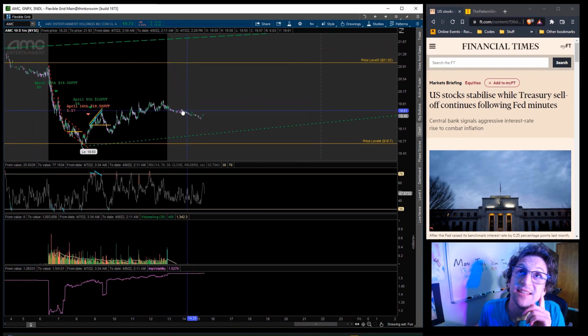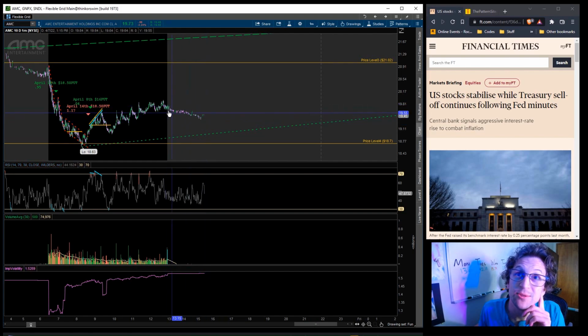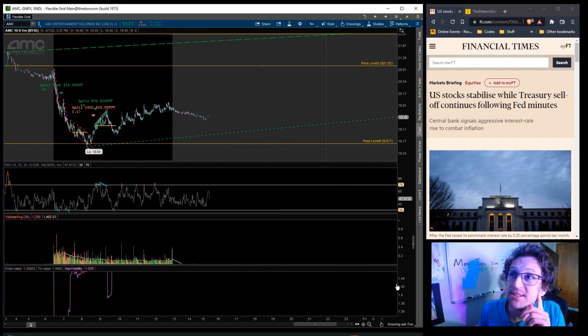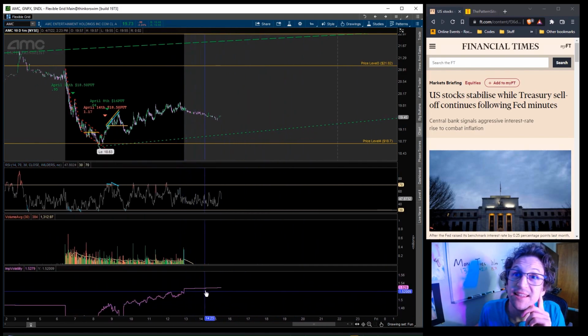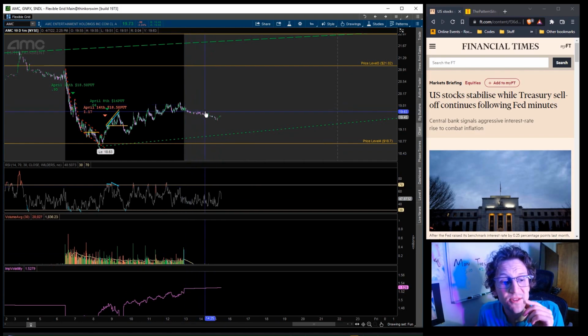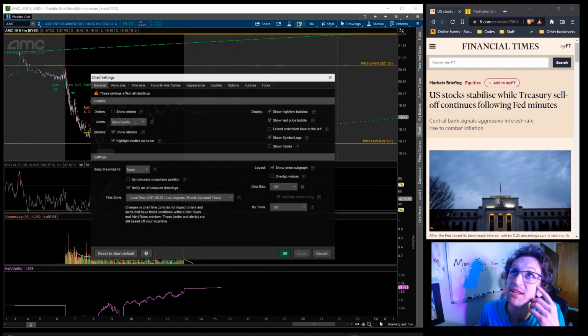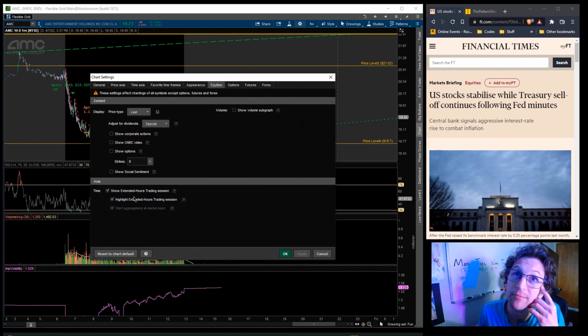And yeah, you can see that the price is starting to move down in after hours. So we'll see what that means for tomorrow. There's not much of an uptick in implied volatility, but you can see that it is ticking up very, very gradually as the price is dropping in after hours. So maybe tomorrow we get a nice big dump, but I don't know.